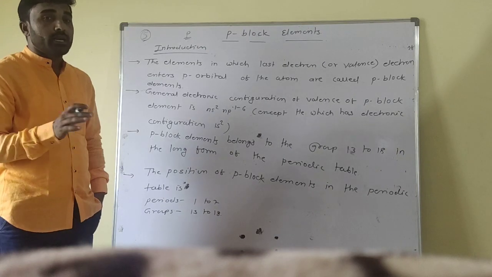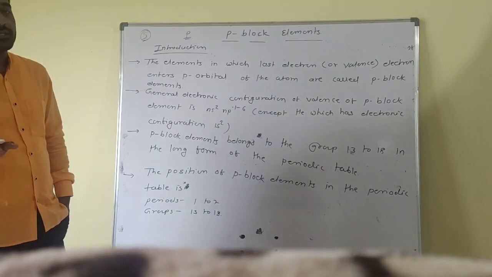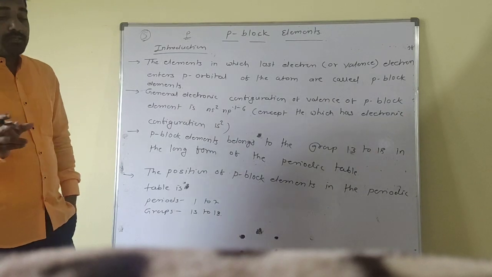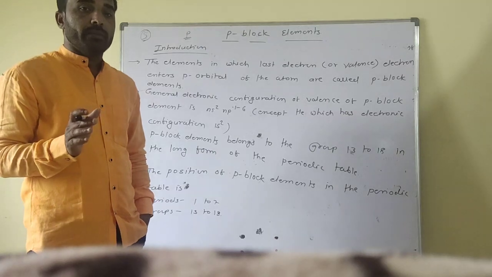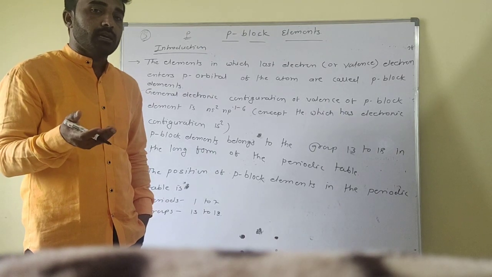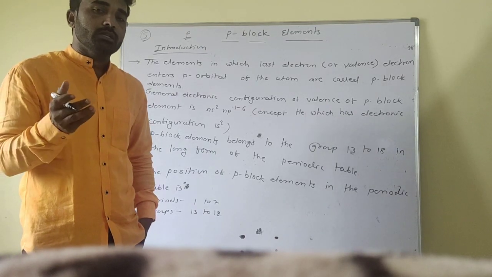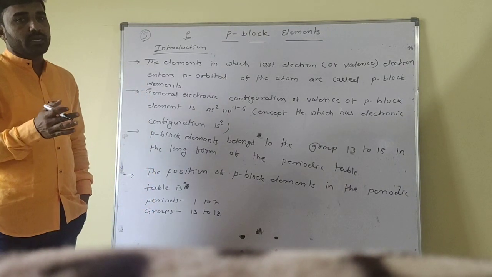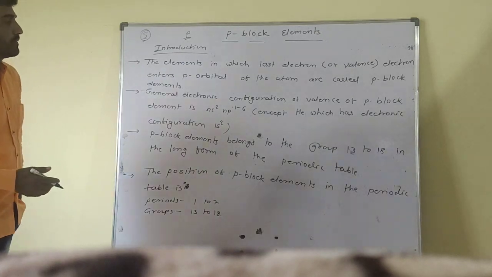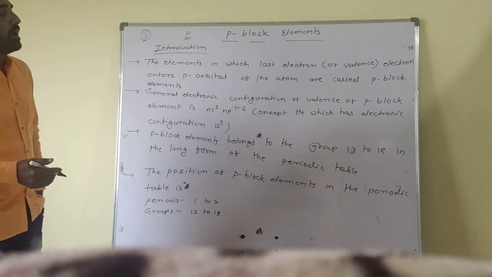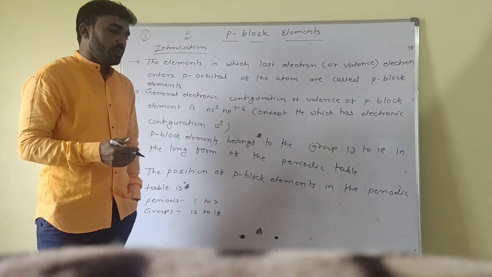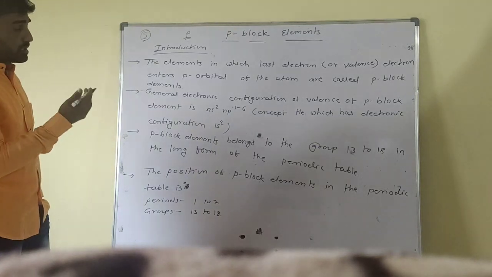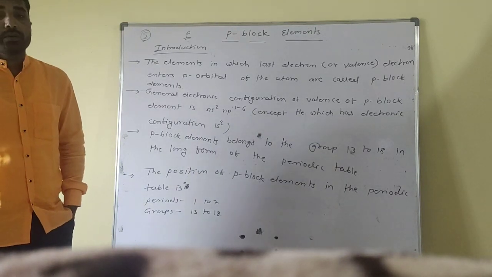So these are the P block, and that's why these P block elements have a capacity of 6 electrons. That's why the 6 groups present are the P block elements. In the periodic table, the right-hand side has the P block elements, and mostly these are electronegative elements. From left to right, the electronegativity increases in the P block elements, and that's why P block elements include metals, non-metals, and metalloids. So these are the first points in the introduction.